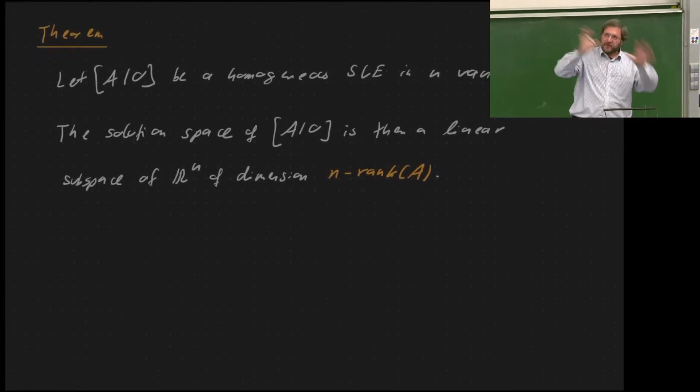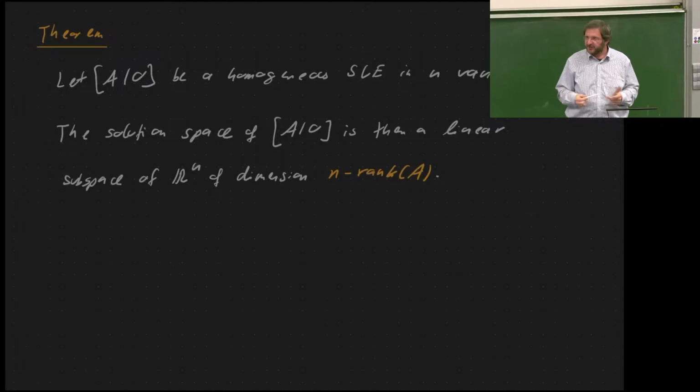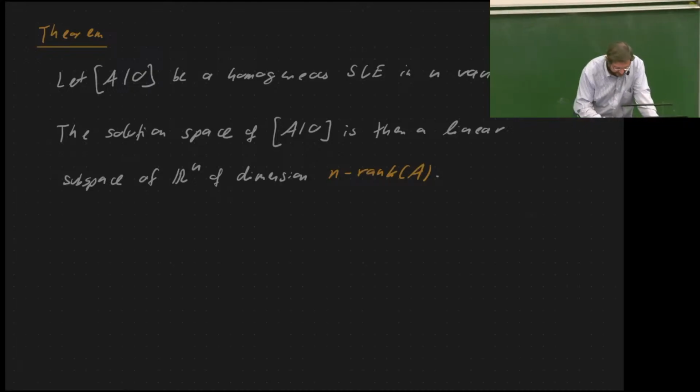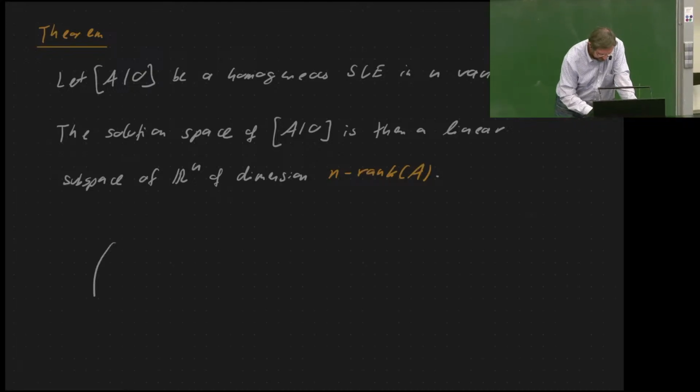Okay, and now going back to the systems of linear equations, what does that tell us about our systems of linear equations? Well, if I have a homogeneous system of linear equations in n variables, what is the dimension of the solution space then? Well, you will remember that with these systems of linear equations, we usually have, let's say we have a couple